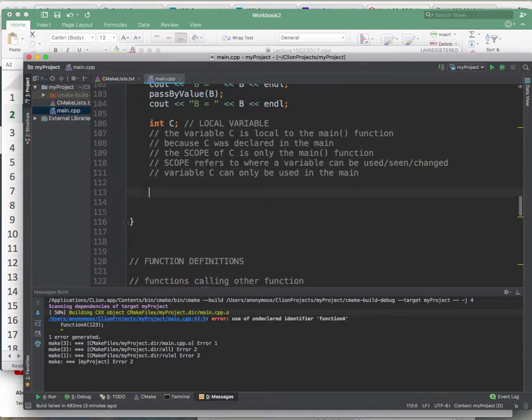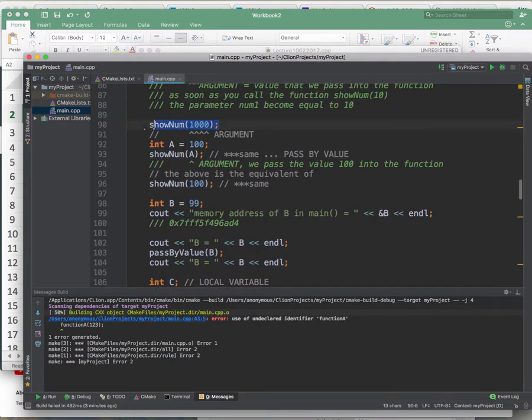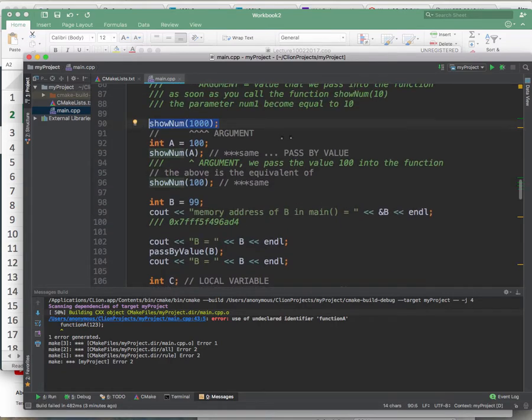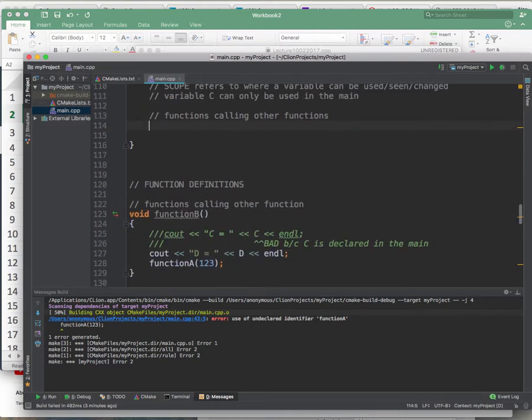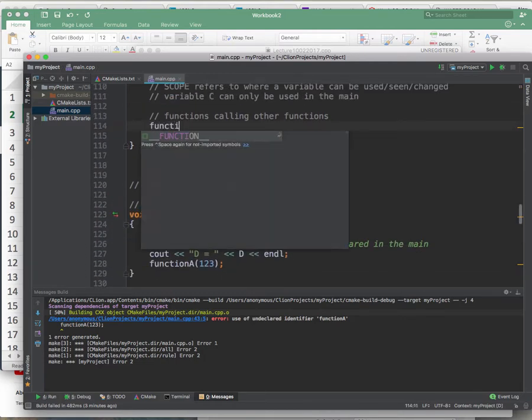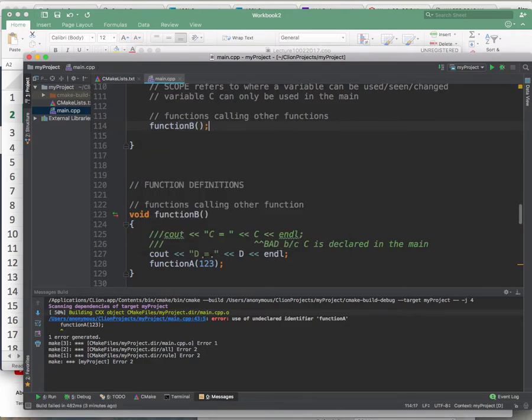Alright, so I'm going to go in there. Functions calling other functions. And by the way, that's kind of unnecessary to say because the main is a function, and you can see that from the main we called a whole bunch of other functions, right? So, but here I'm going to have the main, which is a function, called another function, which in turn is going to call the third function. So to get the whole thing started, I'm just going to go function B, right? As soon as I call function B here,